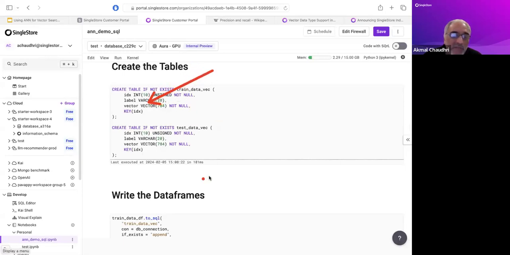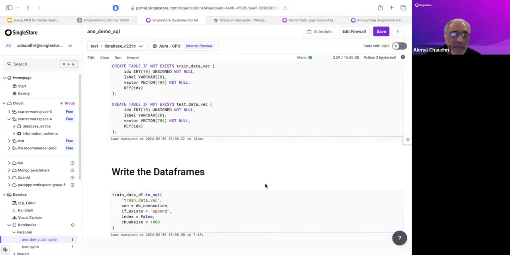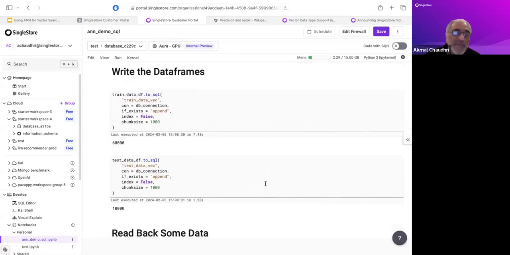Okay, 784 dimensions, and adding this NOT NULL to the end as well, just for safety. I think if you don't have that, it will give you an error. For small cases, that seems to be fine, but in this particular case, I think it will insist that it's there. There, we just take the data frames, we write them into SingleStore straight away from this environment, just using this to_sql,